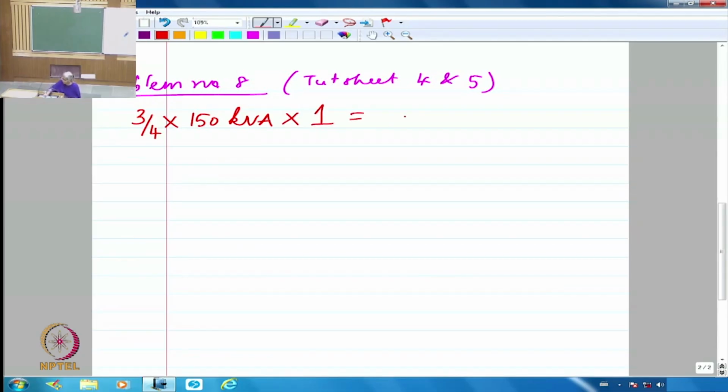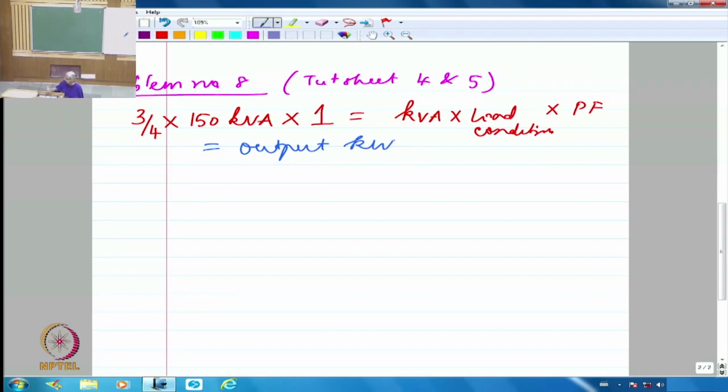So this is going to be kVA multiplied by whatever load condition multiplied by power factor. This is what we have got. Okay? And this is the output, because we are being talked about 3/4 of load condition. That's what we are talking about. So that is going to be the output. So this is my output in kilowatts. So input